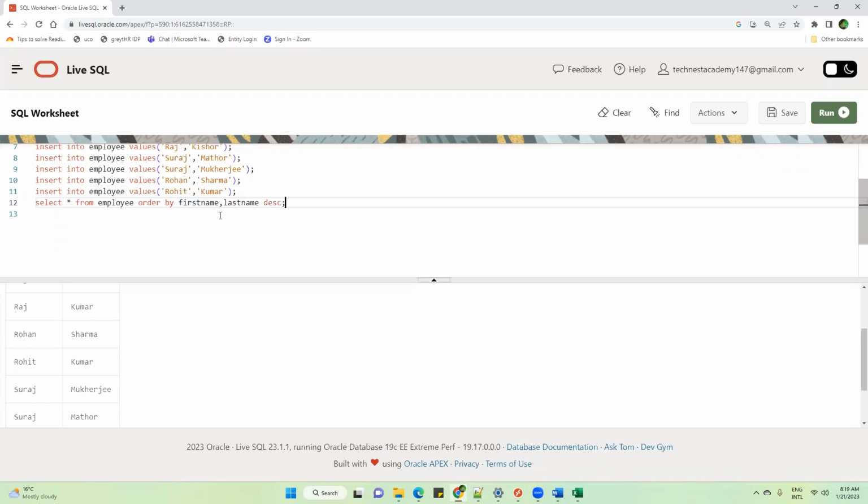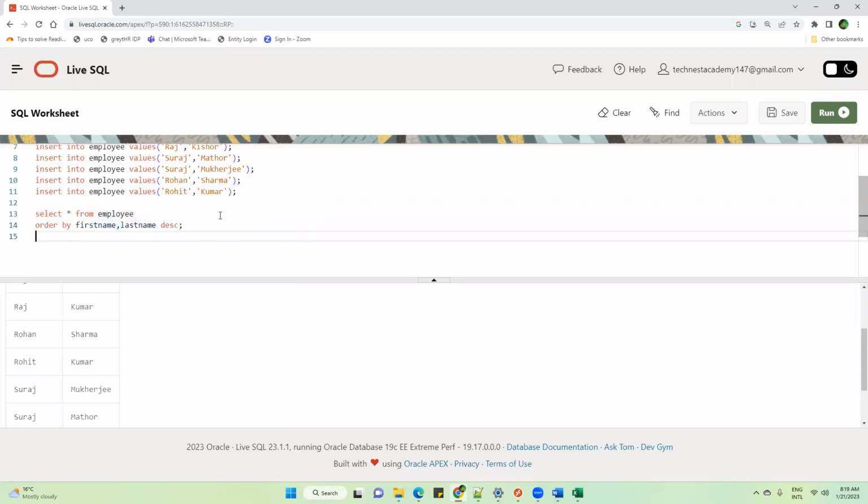First of all, try to understand the meaning of this query. I can write the entire query in 1 line or in 2 lines or in 3 lines. There is no problem in SQL. This is not Python, where the indentation matters. There it is nothing like that. You can write the same query in multiple lines. There is no issue. So I have written here order by first name, comma, last name, descending. First of all, try to understand the meaning of this query. Then I will execute it.